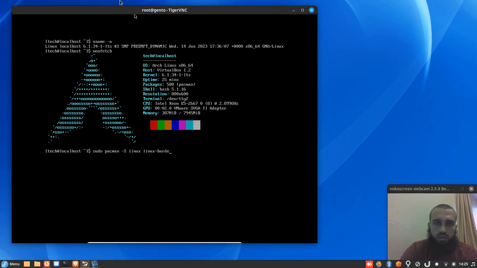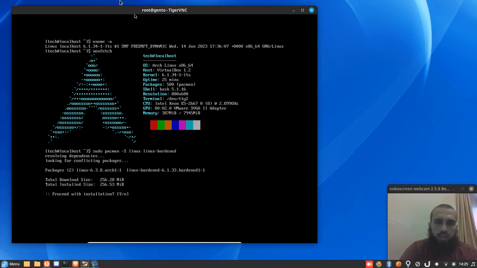Linux-hardened. We wait, we choose Y, and then we wait for it. It's going to download and install. Here, for example, my installed kernel is 6.1,